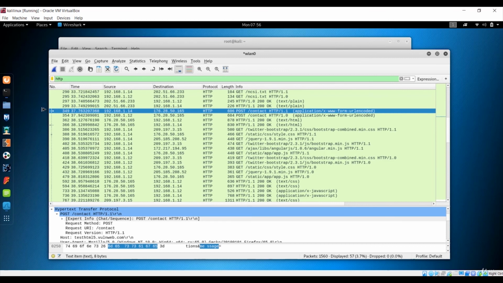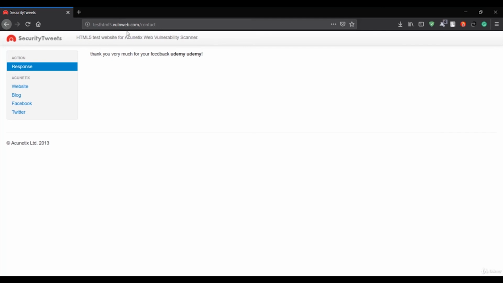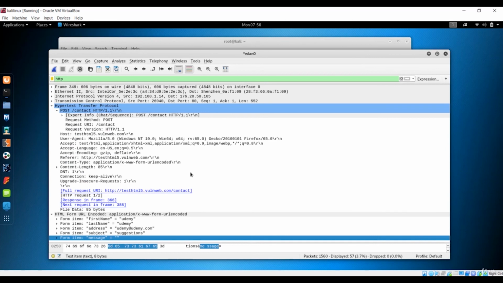So after being man in the middle, you'll capture the packets, you'll see the responses, you'll filter them, and you'll see these forms. In this case we have these forms right here. So we get all the information that was sent by this Windows machine, from this Firefox to this website, and we saw what was entered by the client. You could do multiple things with Wireshark, and this will wrap up this lecture. See you in the next